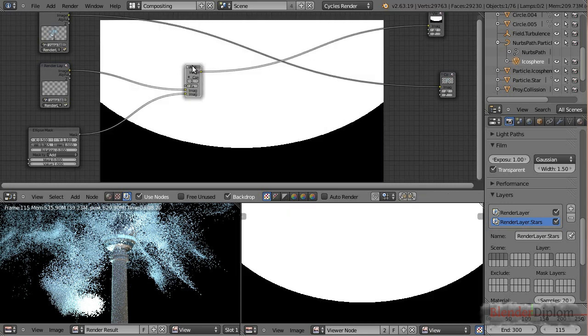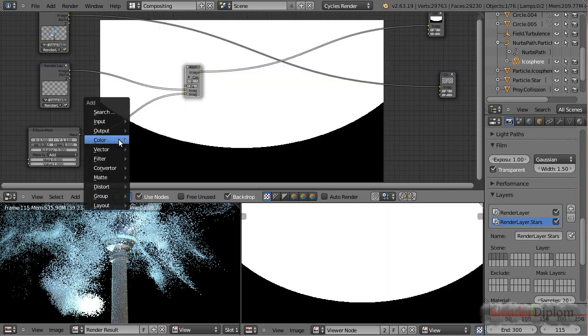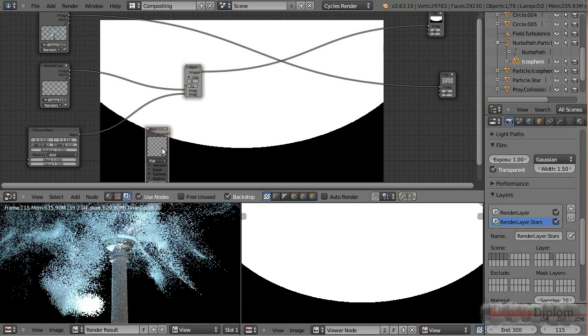And now we can see it. There are some stars on top of it, but we can see now our mask. So what can we do to make this look a little better? Of course, we can blur it. So let's blur it, set it to fast Gaussian and to relative, which just means that the